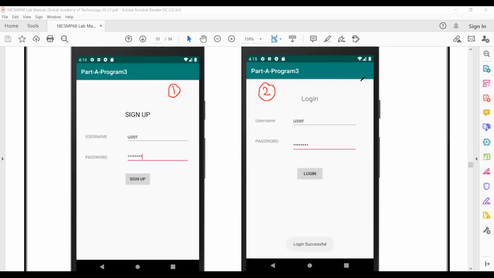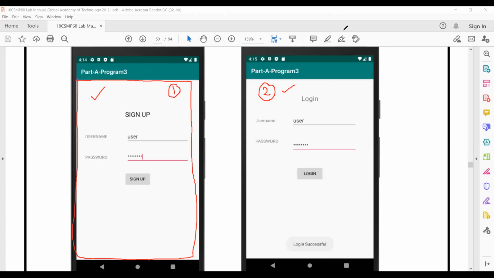Now, once you create a project, by default, you're going to create one activity. That is, you'll be clicking blank activity, and with respect to blank activity, you'll be creating one activity. Once you design the first activity, you need to add one more activity to your existing project, and I'm calling this the second activity. Now, how to add a second activity to your project?